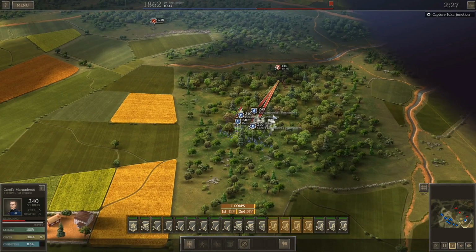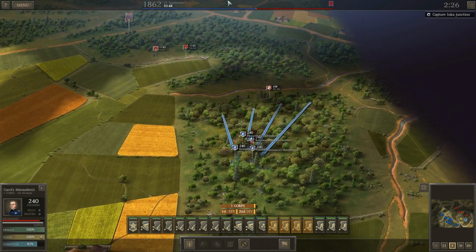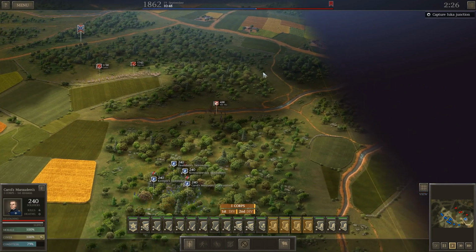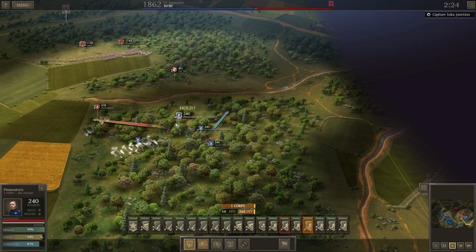Okay, so I've made first contact with the enemy in the form of some mounted infantry that is right up here near the water line, and I can see he does have a fortified position right here, so we're going to definitely want to cross as far to the edge of the map as possible so we can come up from this way. I don't want to be hitting these guys square on. And he's got a bunch of skirmishers here, so